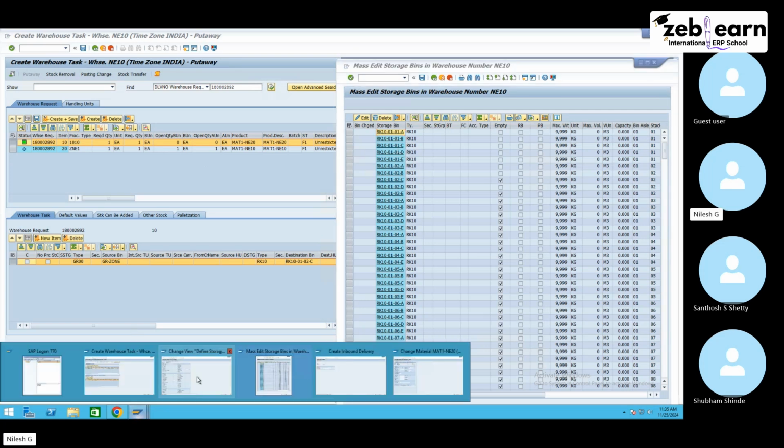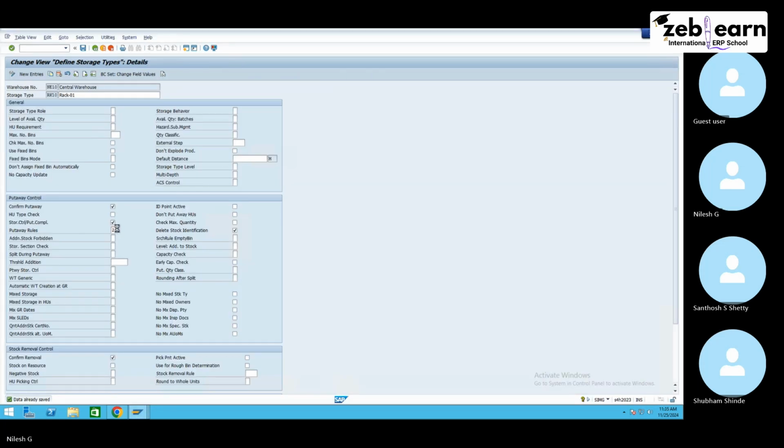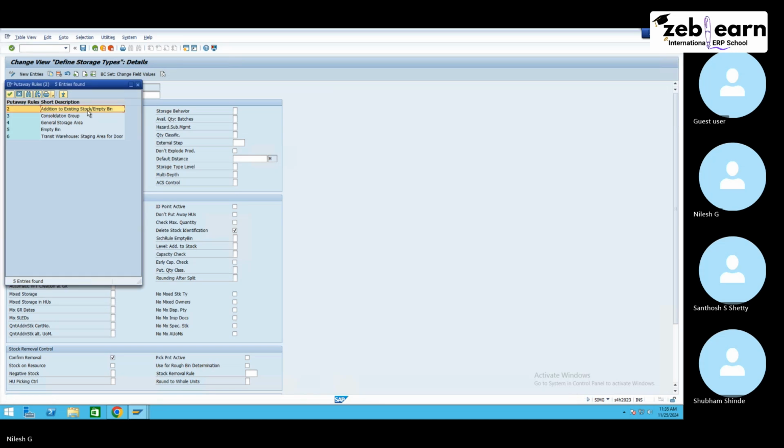Is this clear, this one? Or the second one? Addition to existing stock / empty bin. So सिस्टम क्या करेगा? System will find out. अभी वो कैसे करेगा? क्योंकि वो कोड में लिखा हुआ है कि प्लीज चेक इज दिस मटेरियल अवेलेबल इन एनी बिन और नॉट, राइट? तो कोड में ही है, उसकी कोडिंग ही वैसी है, और उसकी कैपेसिटी अवेलेबल है या नहीं। ओके, हेलो, एंड देन